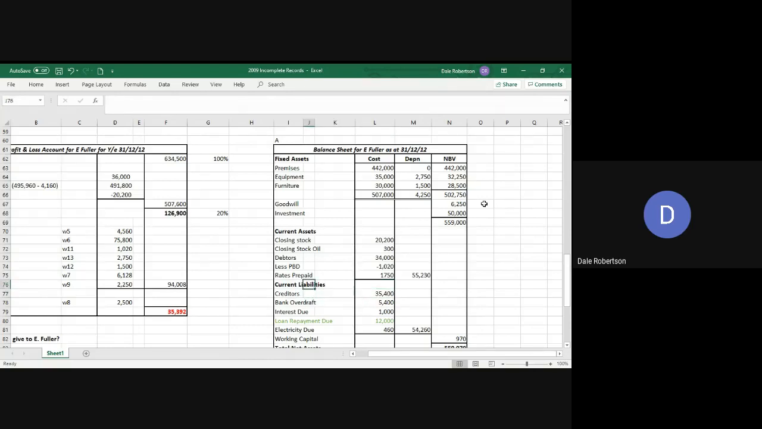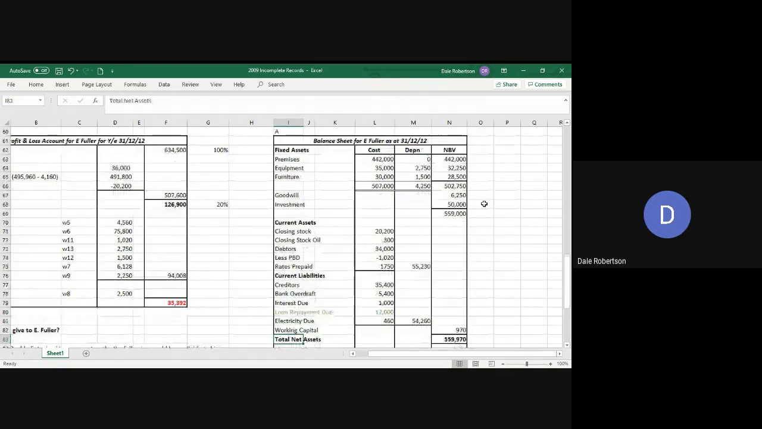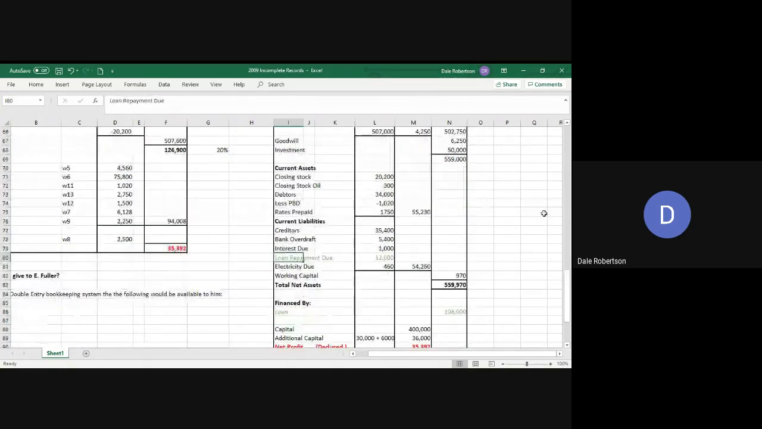Then we have our current liabilities. Creditors from the end of the year. We had our bank overdraft given to us, or you might have to work it out. You have the loan interest due. You have the electricity due of 460. And then I just want to show you here about this loan repayment due, to reiterate what I was saying